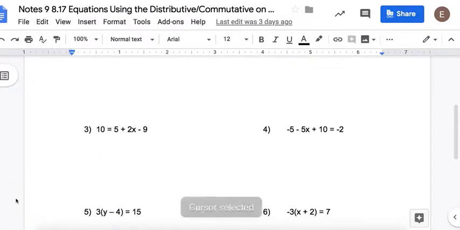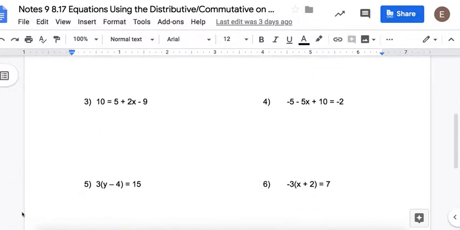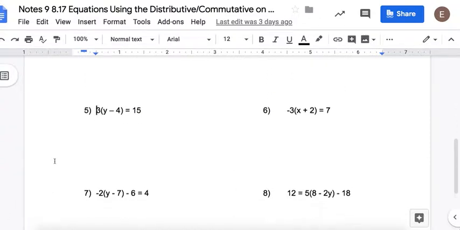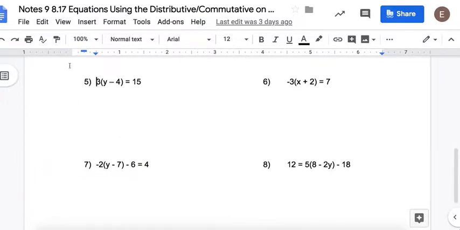So in these next examples, we're going to be using the distributive property. All right, so we're going to distribute the 3 to both parts. And whenever you see a number outside of parentheses, you have to remember to distribute to both parts. So 3 times y is 3y. 3 times -4 is -12